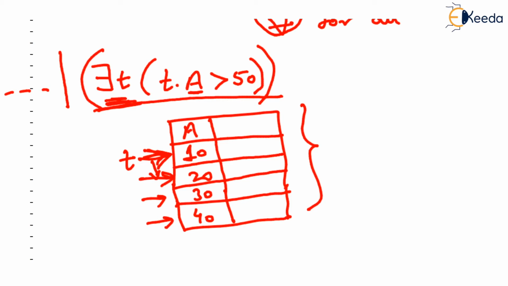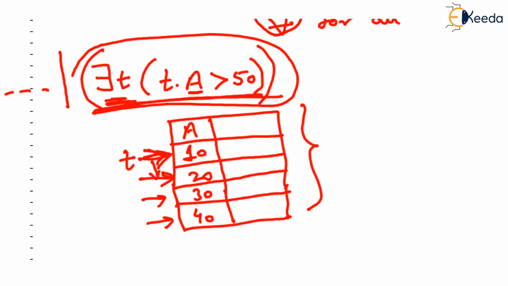This is like a for loop. In this portion, you can imagine that there is a for loop running, and what TRC does, it says, wait, I will go through the entire relation. Yes, that means this t will run through the first row till the last row, and it will check, is there at least one tuple where a is greater than 50. But after visiting all tuples one by one and coming to the end of the relation, it knows that there does not exist any such a where a is greater than 50. Only then TRC can decide that this is false.